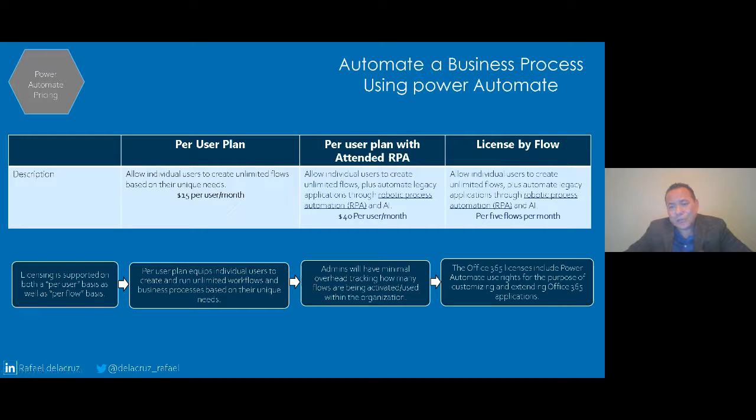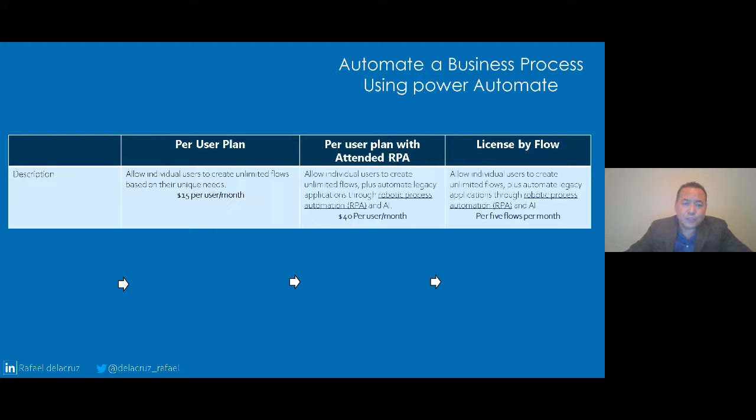You know that when you add a license to a user, if that user is not going to be using Power BI, well, you don't need to use the E5. If that user is not going to use Power Automate and Flow and the other ones, only SharePoint, then you probably can use a cheaper license.